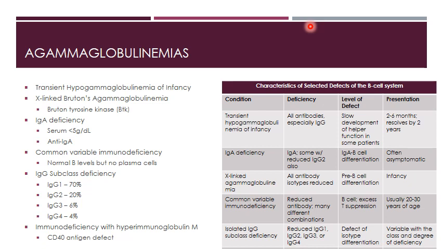So how do we treat this? Well, really the only thing we're going to do on this one is make sure that any products that they receive from us, any components that they receive from the laboratory, are washed to remove that IgA, okay? I mean, you can collect it from an IgA deficient person, and that would be fine, but the most common practice is really to wash it. There are IgA replacement